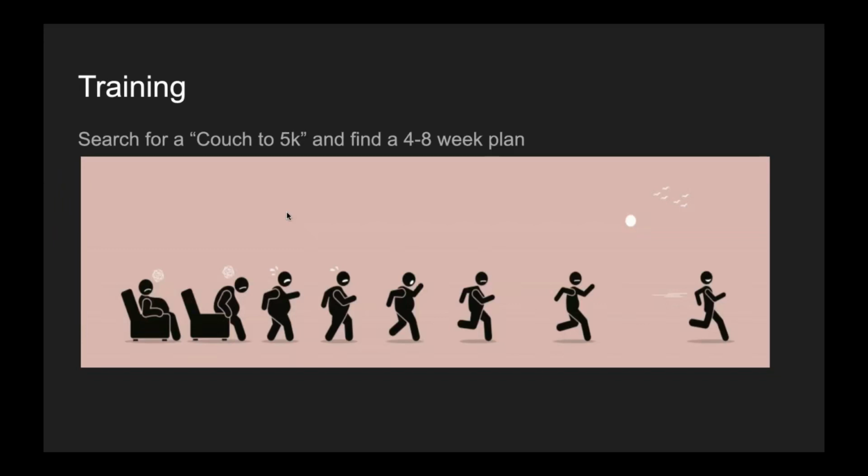And most of them only last 4 to 8 weeks. If you wanted to be really prepared, there's 12-week ones. But what I find with the 12-week ones is you kind of lose some motivation. So I recommend finding about an 8-week plan at the most. Also, what this means is your goal should be to run whatever your next distance you want to be in about 4 to 8 weeks.